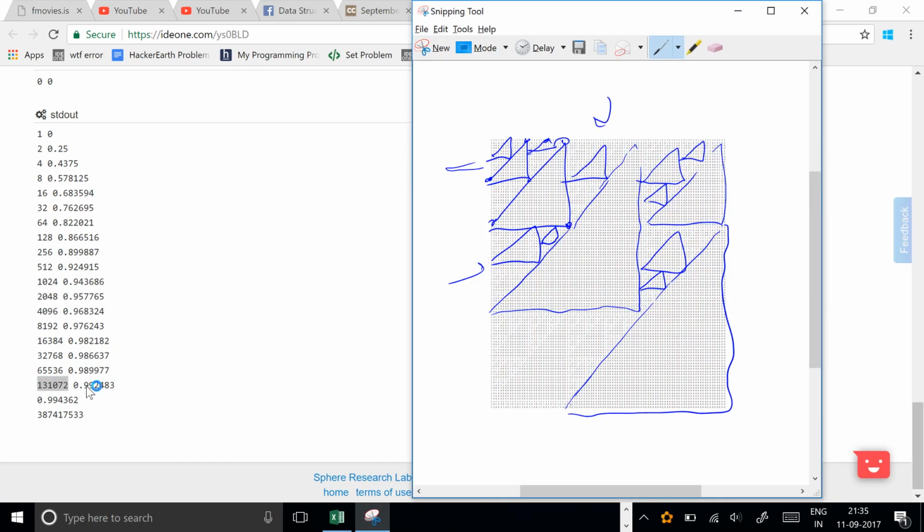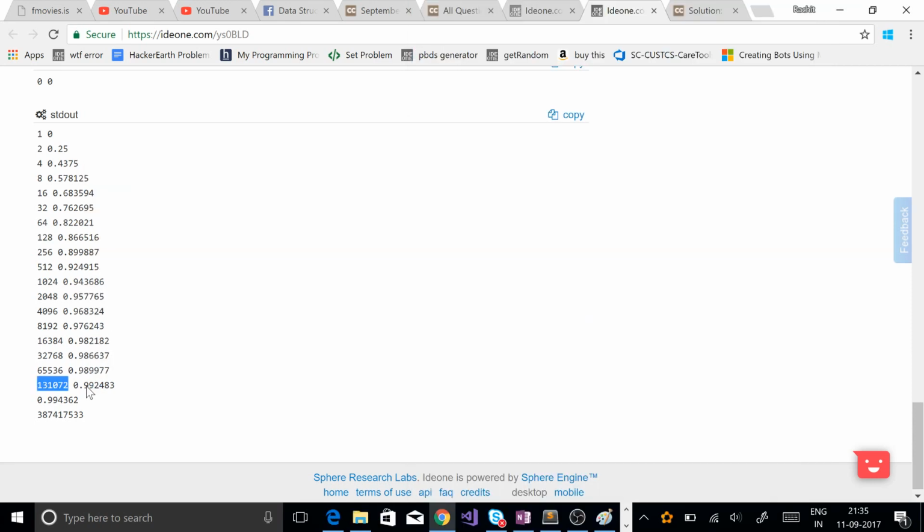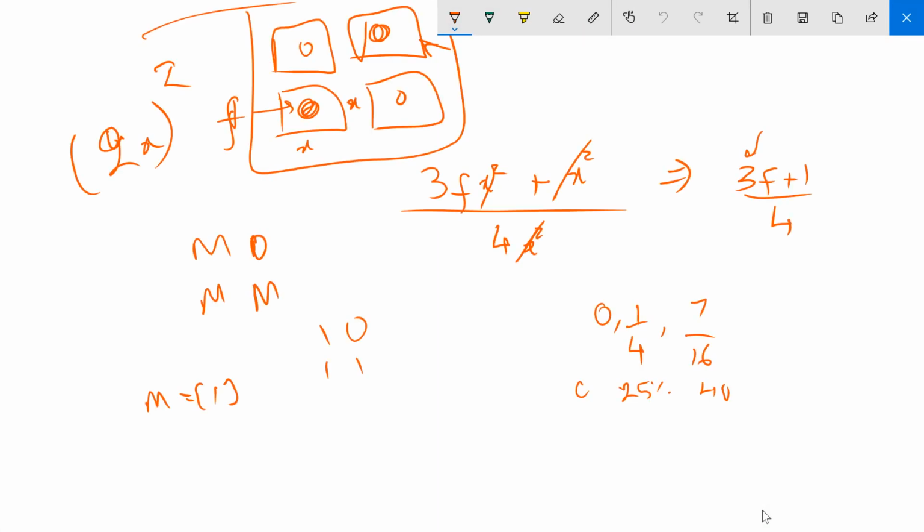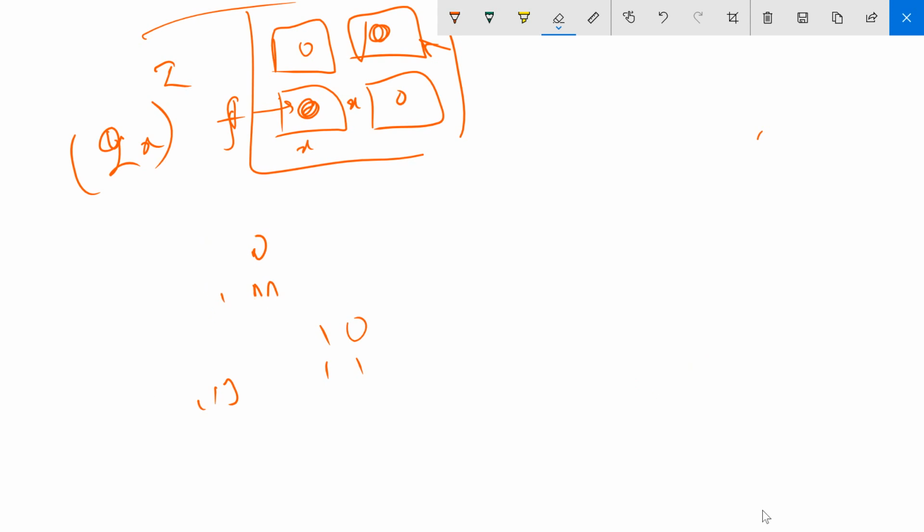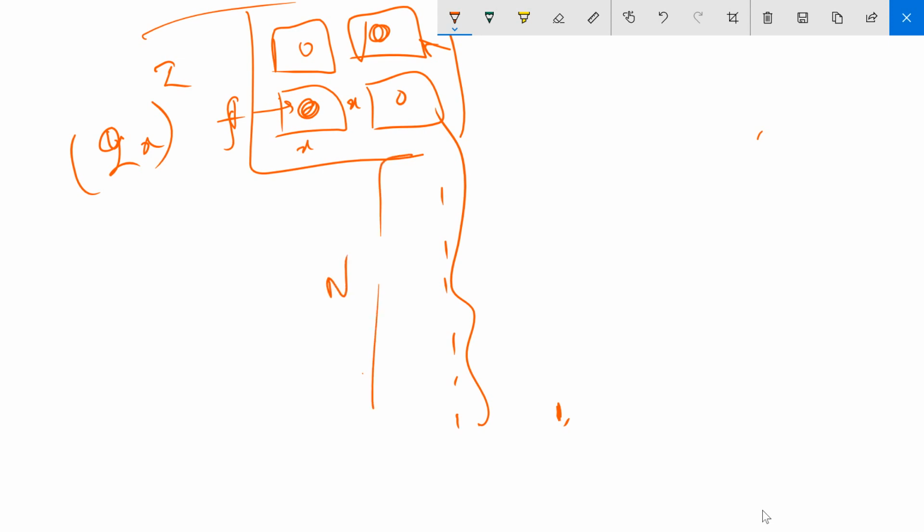So I said that most of my matrix is 0. So what I can do is just collect the ones. Instead of maintaining the whole matrix, what I did next was maintain the list of ones for each day. How can you do that? For day 1, you know that all are ones, right? So instead of storing this, what I stored was the index, this is 1, and how many times it is occurring. Let's say the width is n, so 1 will occur n times. This is what I stored for day 1.